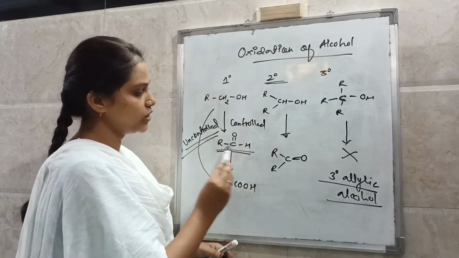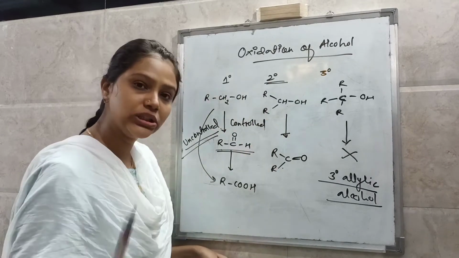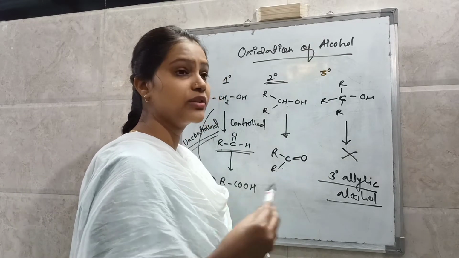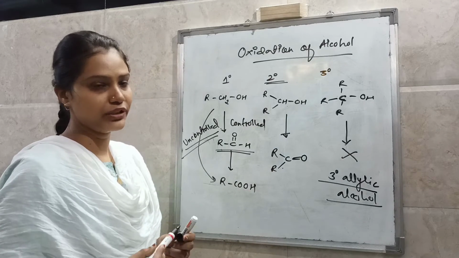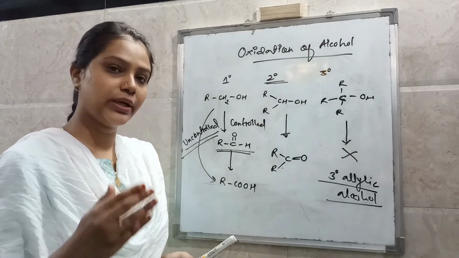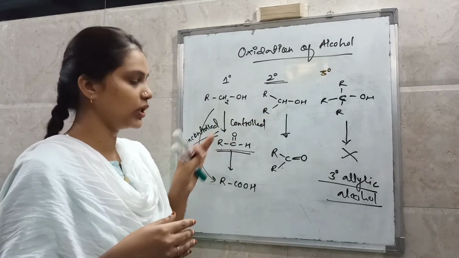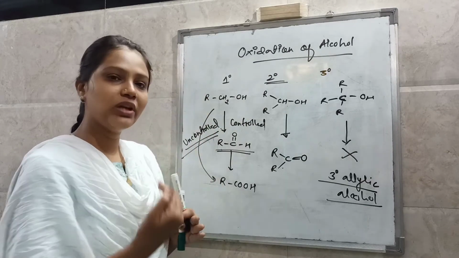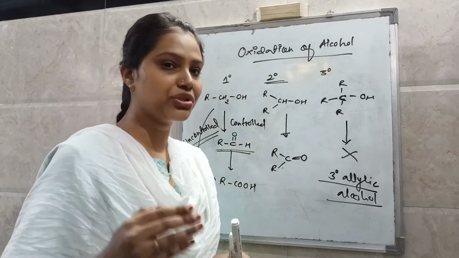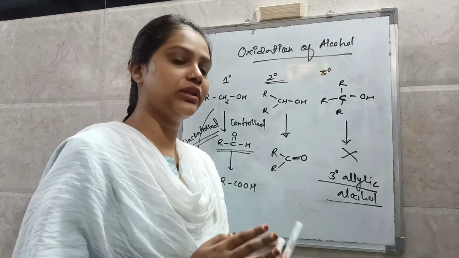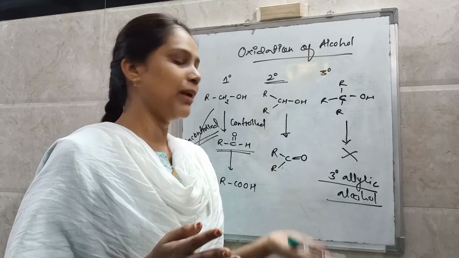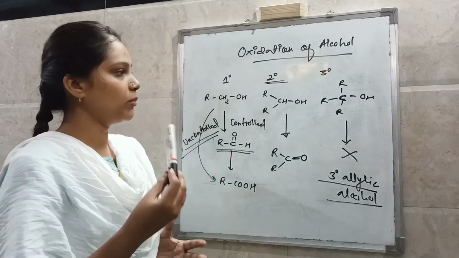See, the product is constant, the reactant is constant. What is changing here? The reagent is changing, and its mechanism, its work, its drawbacks and its advantages we have to see. So this is all about alcohol. Primary alcohol is oxidized to aldehyde or carboxylic acid depending on the condition. Secondary alcohol will oxidize to ketone and tertiary will not oxidize, but if we have a tertiary allylic alcohol, then its oxidation is possible, that is called Babler oxidation, by using PCC.